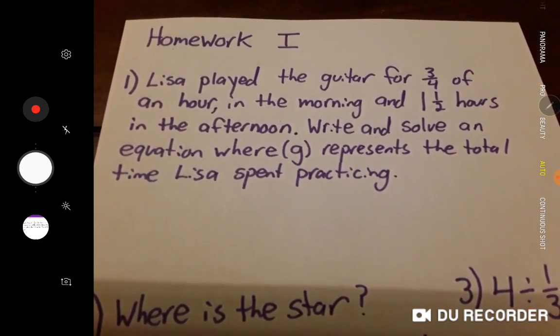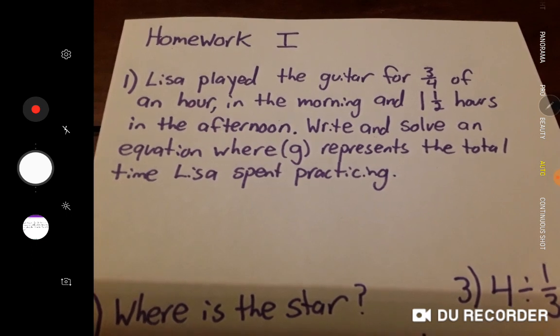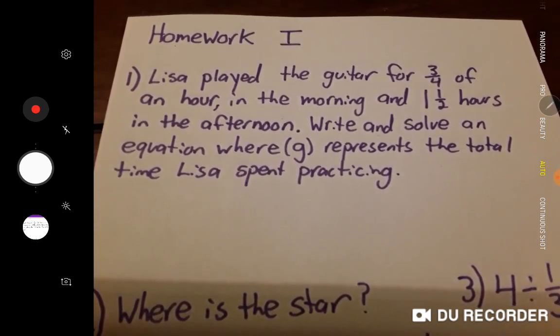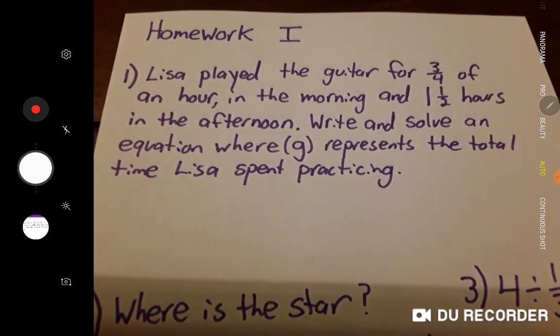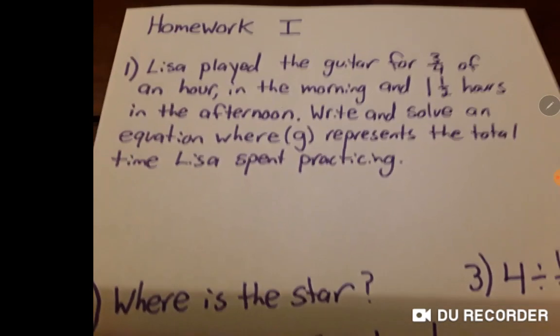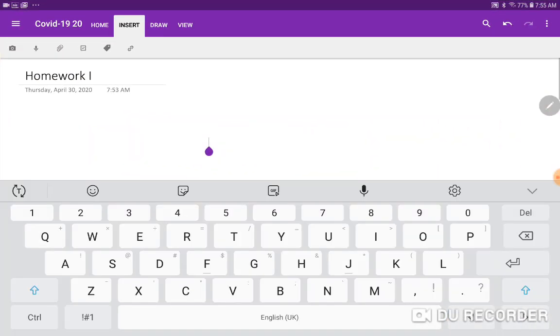Now remember, an equation has an equal sign, where G represents the total time Lisa spent practicing. So G is just going to be the answer, but then we need to solve and find what G is as a number, okay? So let's stop looking at the camera view and look at this. Okay? So for number one,